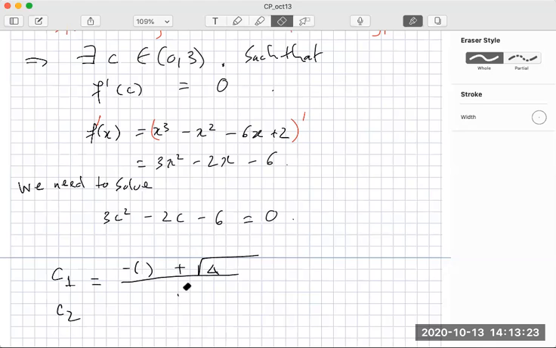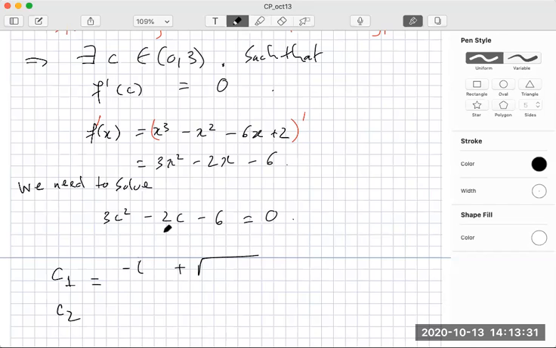Let me just write it, plug in the correct numbers so it won't confuse you. So negative of, do you remember the formula? Yes. And the discriminant, what is the negative 2 squared and yes, very good. Be careful with the negative sign. Very good, Carson. Divided by